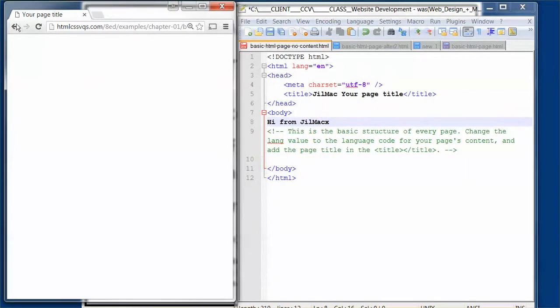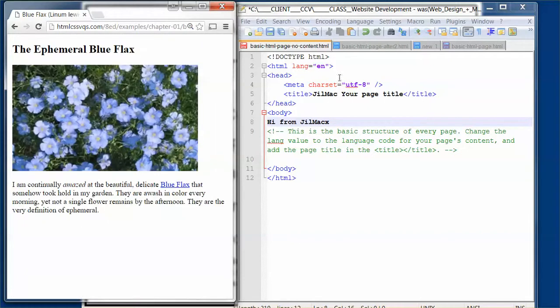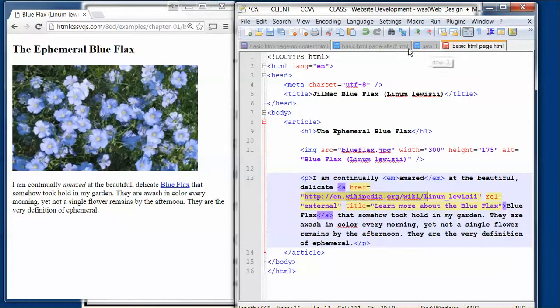Now let's look at the second example. Our second example is basic HTML page with content. So let's look at that. Now let's look at what the code looks like in this basic HTML page. On line 1, we have our doc type. On line 2, we have this HTML. It's going to be in English. And we have our opening tag and our closing HTML tag. In the header,